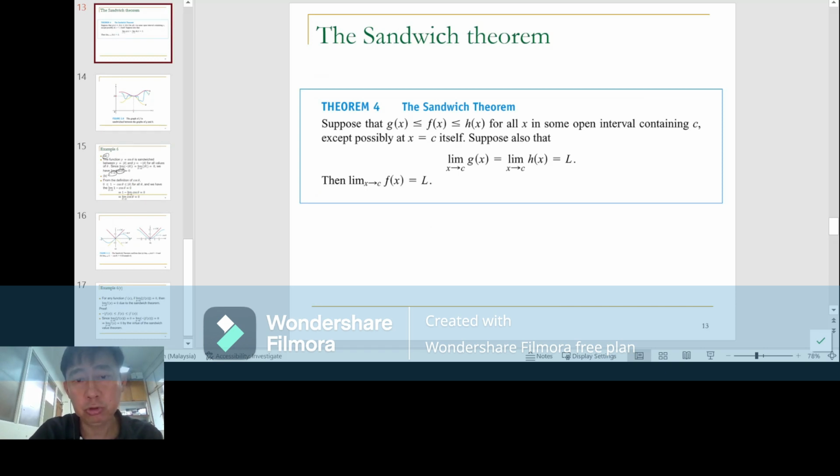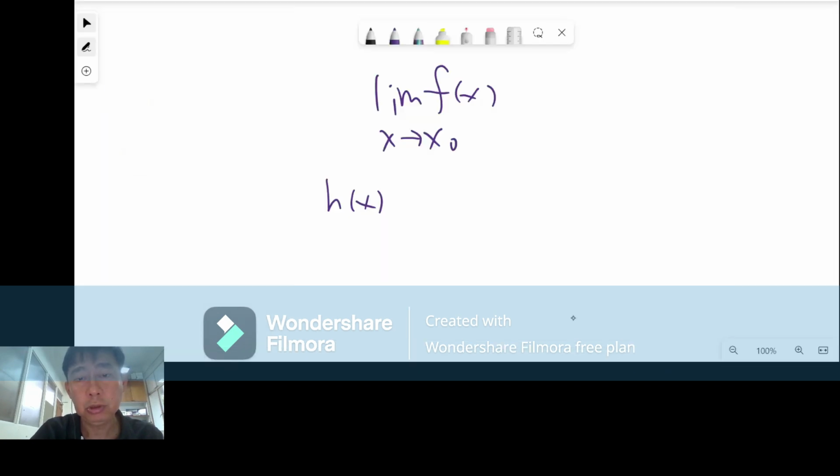So we assume h to be larger than f and g to be smaller than f. So try to find, if it's possible, functions h and g